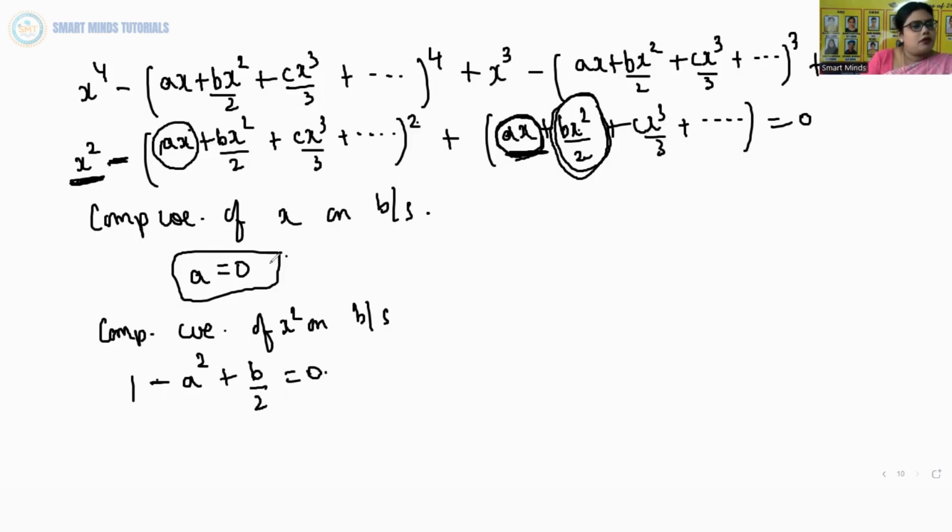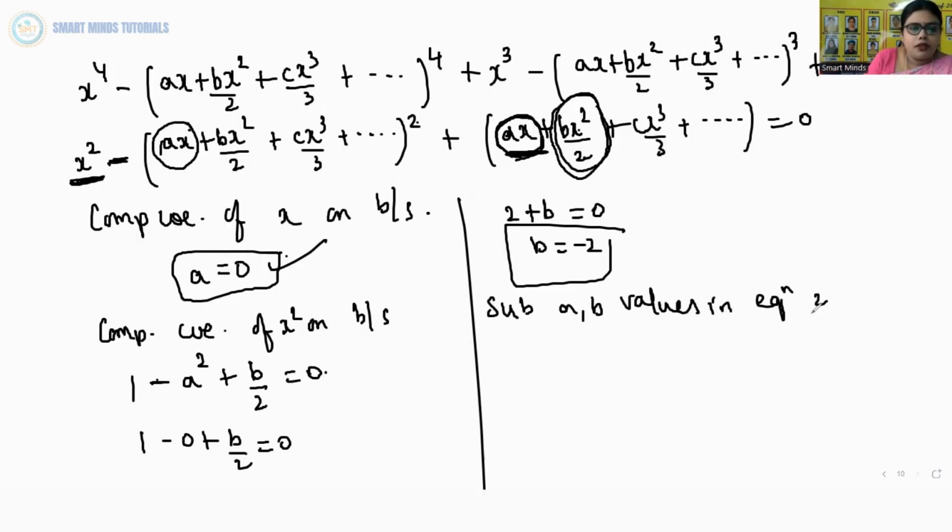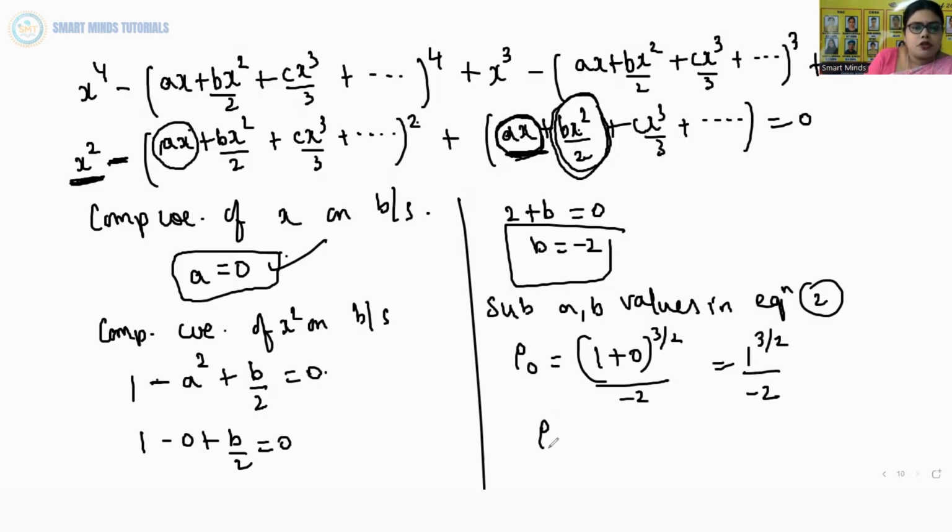Now you put a = 0. We got the value. So 1 - 0 + b/2 = 0. If I take LCM, we get 2 + b = 0, so b = -2. Now substituting the a and b values in equation number 2, we got rho naught = (1 + 0)^(3/2) / (-2). That is 1^(3/2) / (-2). So the radius of curvature at the origin is -1/2,